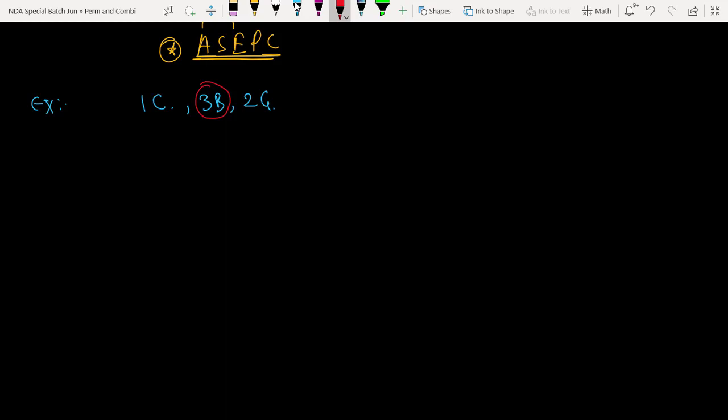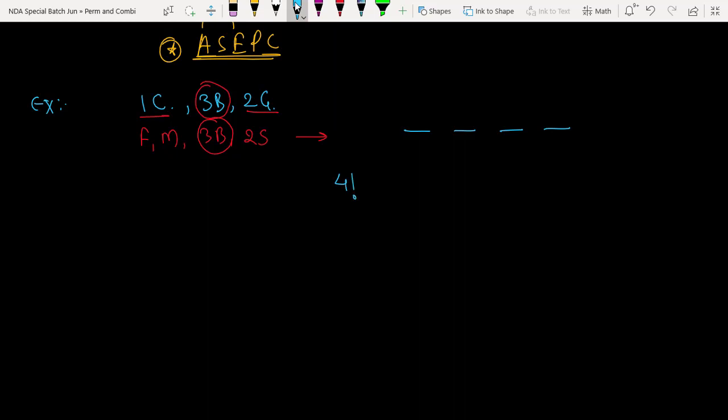So first you will arrange whom? Couple and girls. Whoever is there except the boys, I will arrange all of them first. So father, mother, three boys and two sisters we have. If we don't want the three brothers together, I will first fix these four. So 1, 2, 3, 4. These four can be arranged in how many ways? 4 factorial ways. These are the four positions. So these four can be arranged in 4 factorial ways.